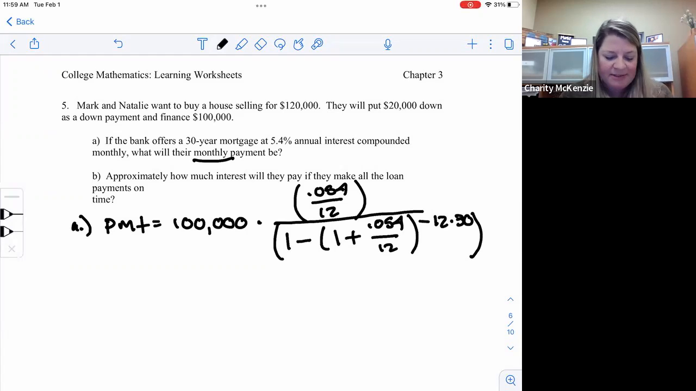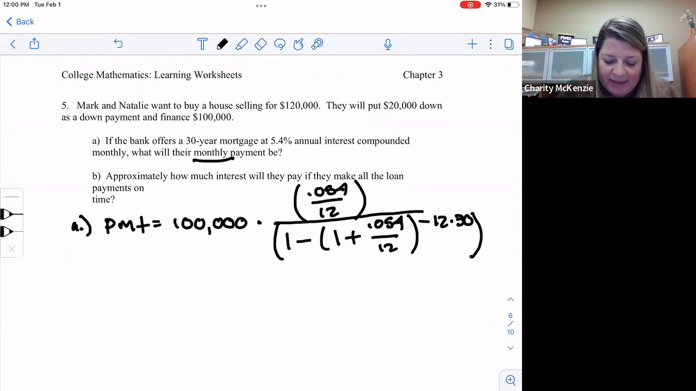So 100,000 times parenthesis 0.054 divided by 12, end the parenthesis, divided by 1 minus 1 plus 0.054 divided by 12 to the power of negative 12 times 30. Oh my goodness, that's so much typing. And then end the denominator's parenthesis. I got a payment of